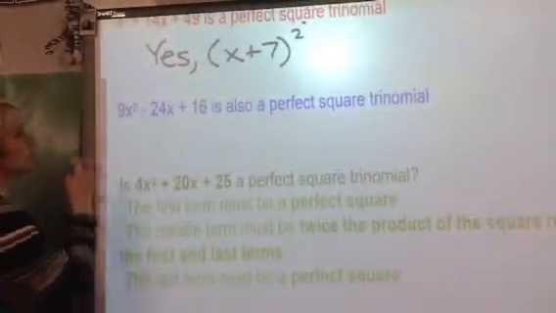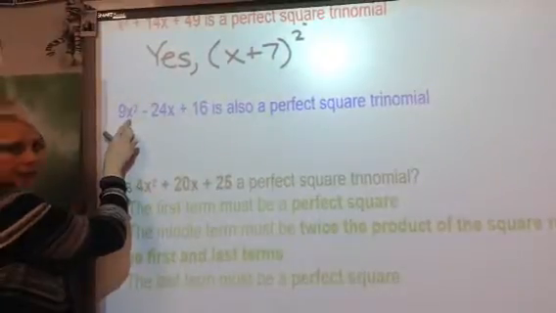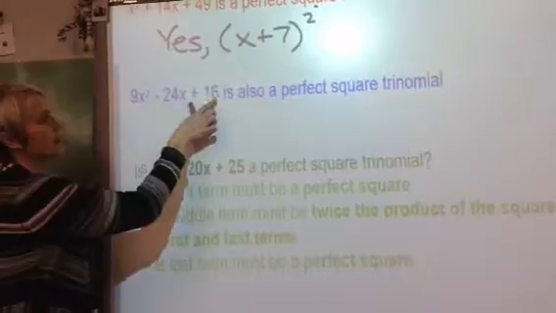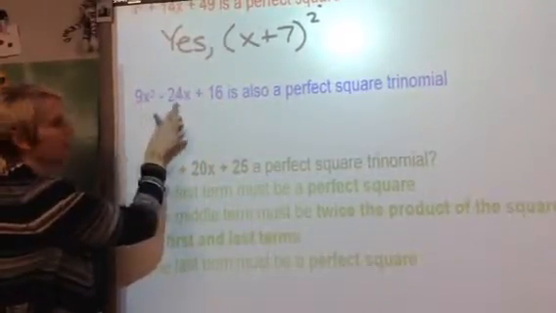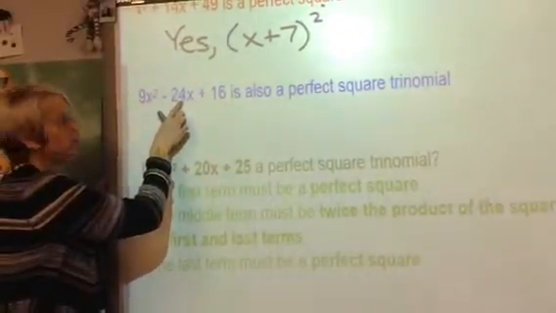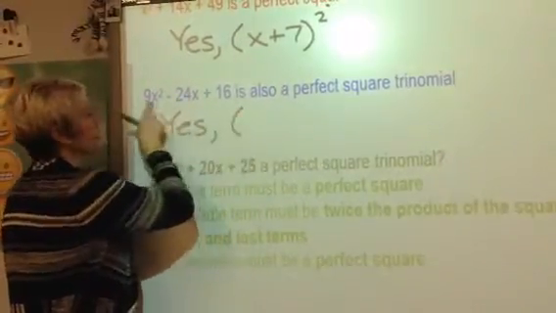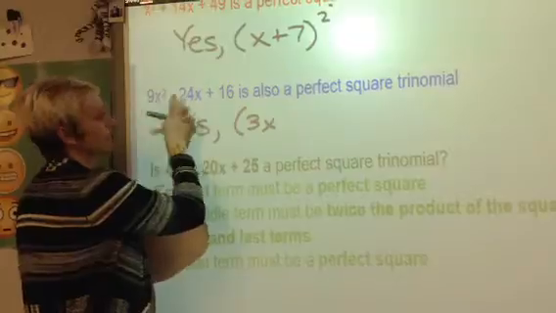Let's try this in blue. Is this a perfect square? Yes. Is this a perfect square? Yes. So this would be 3x, this would be 4, 3 times 4 is 12. Is this 12x doubled? Yes. So we would say, yes, this is a perfect square trinomial, and this would be 3x minus, because the middle term is minus,